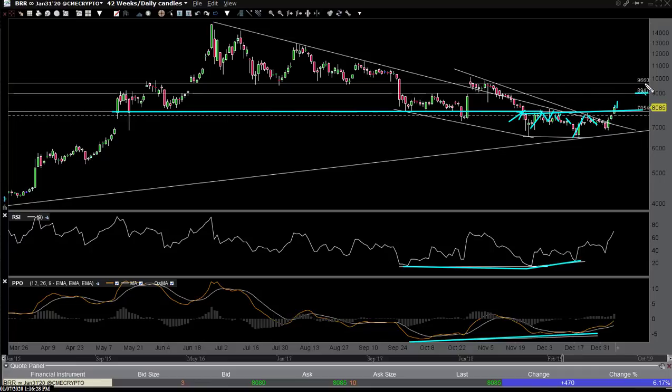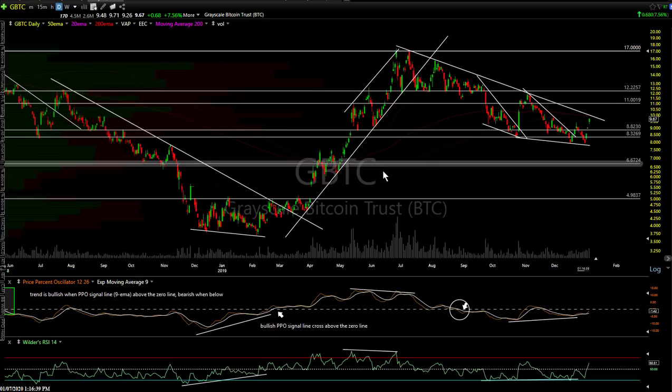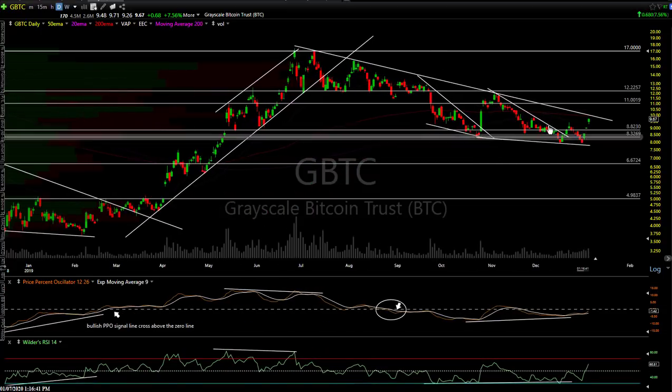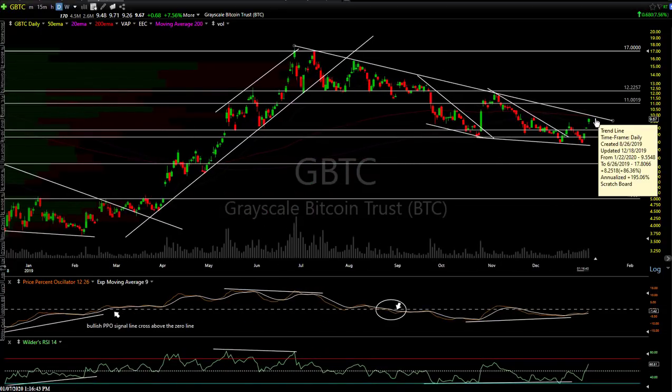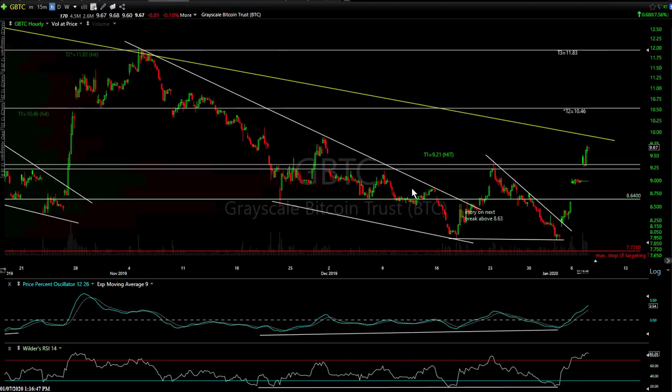And then you can see my two targets are up here on Bitcoin futures, and I showed you that as well on GBTC, I'm sorry. And there's a downtrend line that may quite likely come into play there on the daily chart, and we still have an official trade on here. We went long somewhere back here on a break above 863. So on the official trade that's still active right now, we went long right here.